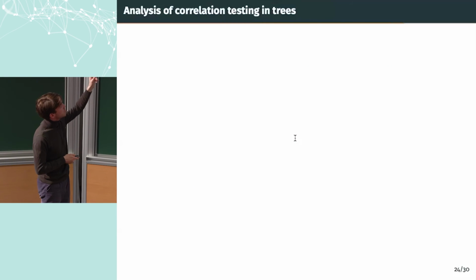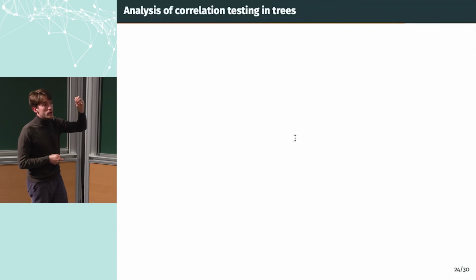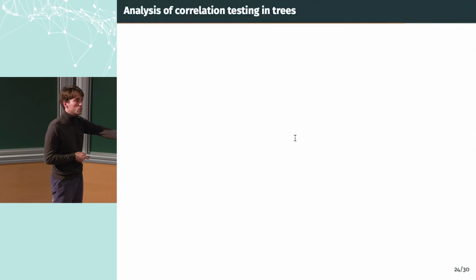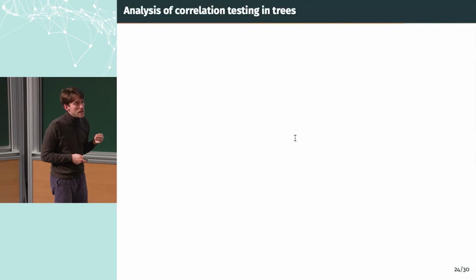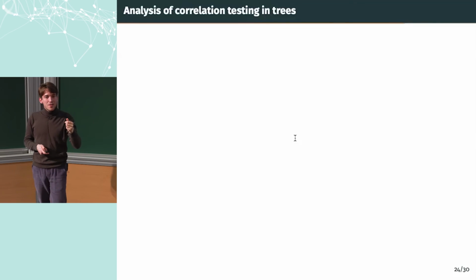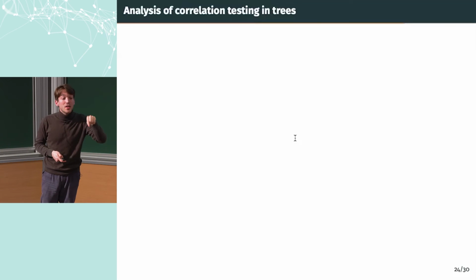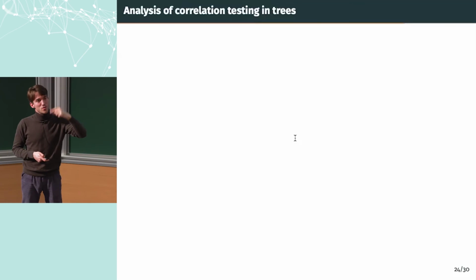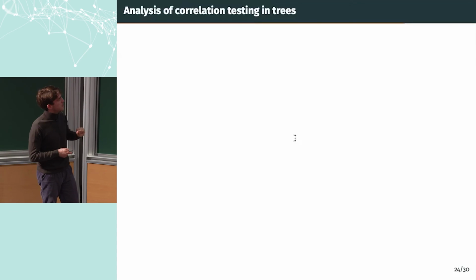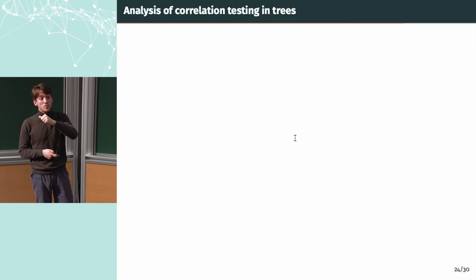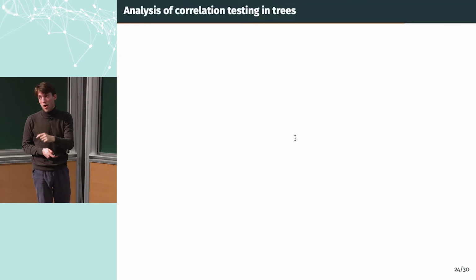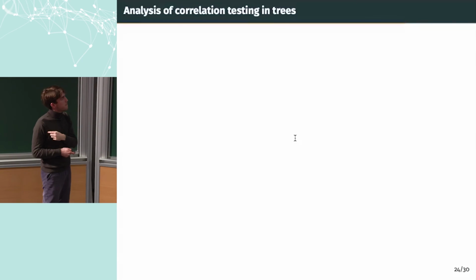And we actually did so. We want to analyze what happens locally to deduce a general result for the graphs. And we have to analyze, is it easy or not to detect this correlation in trees? That's another kind of analysis. And this analysis will give us some results on the computational hardness of the original problem on graphs.